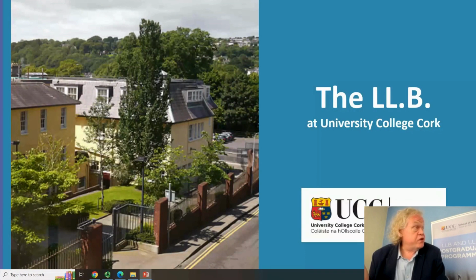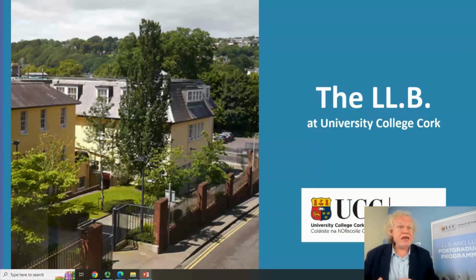that point of view. The LLB itself, the usual people who are doing the LLB are doing it over 2 years, and they're starting off as graduates, but not law graduates. They're starting off as a graduate of some other discipline. And so they're taking the main subjects from an undergraduate degree, and they're squeezing it into the 2 years rather